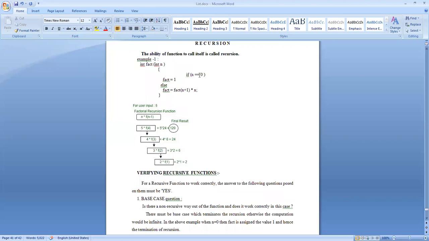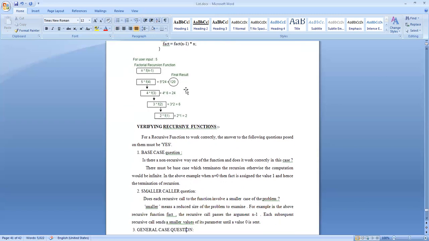Then 6 is equal to 0? No. You come here, 6 plus 1, 7. So fact of 7 into 6, like this. Fact of 7 into 6. Then fact of 8 into 6. It will keep on going. The termination condition does not come into the picture. Of course, syntactically it is correct, but logically it is wrong. So each recursive call should involve a smaller case of the original problem.